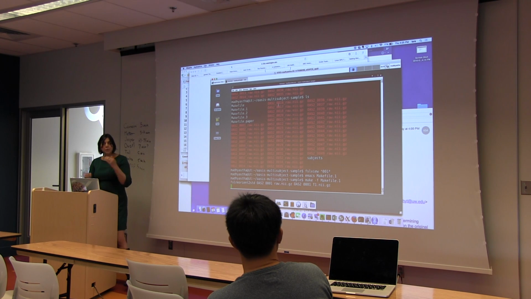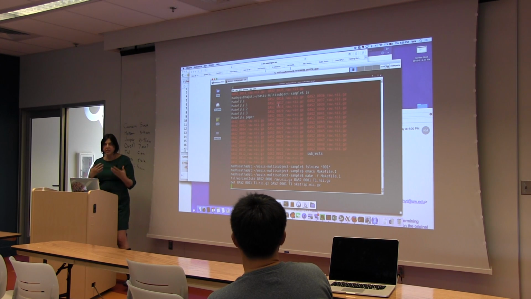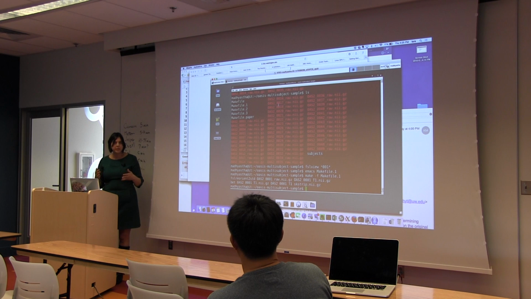Now remember that my reorient command came after my skull strip command. That order doesn't matter. What it's doing is it's looking at those rules and it's creating a graph. So it doesn't matter what parts of that graph you put in where, it will assemble that for you, which is a cool thing,